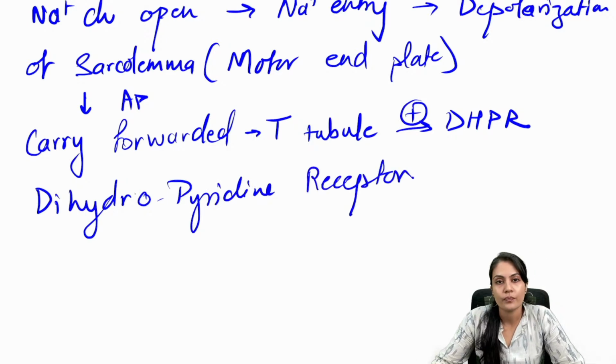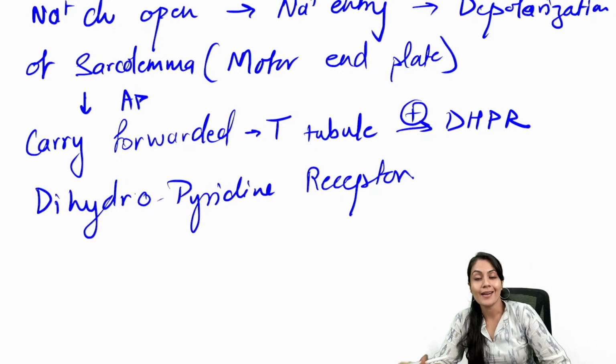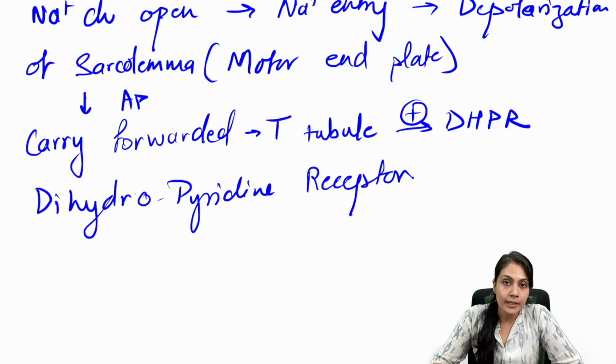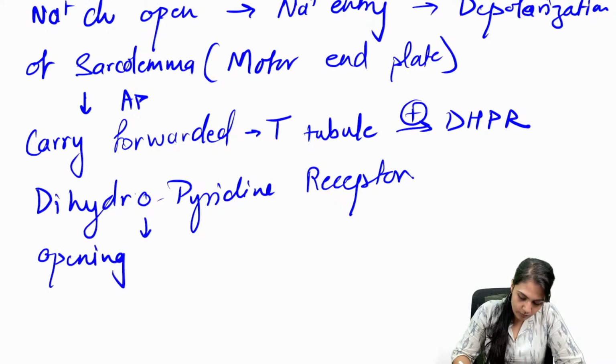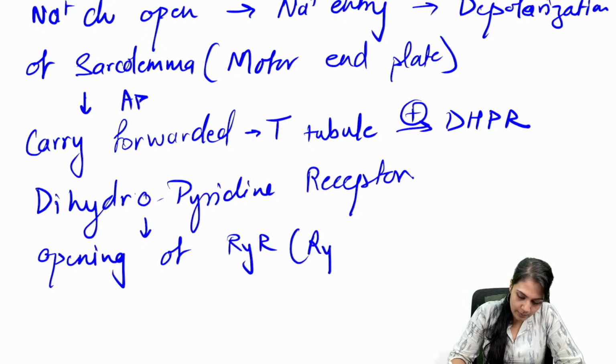Now remember, I'm saying stimulation of dihydropyridine receptor and not the opening, because the opening is going to happen in the cardiac muscle, not in the skeletal muscle. There is a slight difference in that. And that will lead to opening of RYR or ryanodine receptors